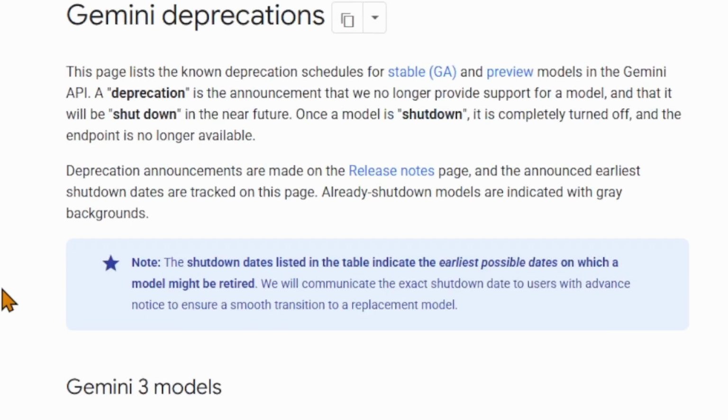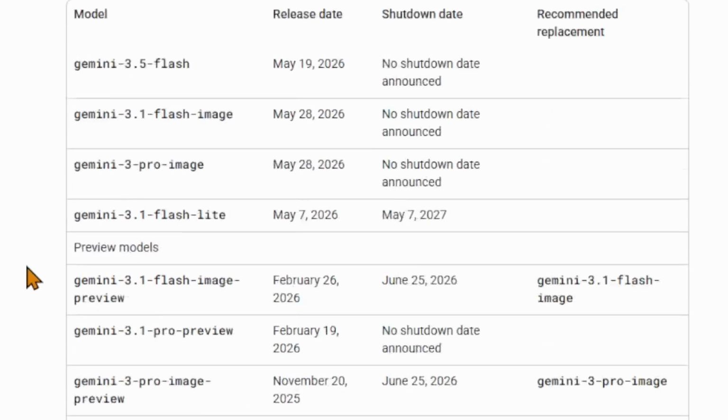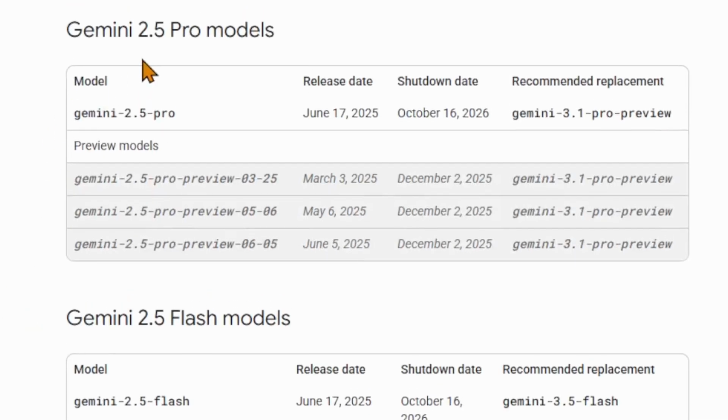So the first one is Gemini 2.5 Pro. And I get that they're already in 3 and 3.5, and 3.5 Pro is coming. But 2.5 Pro is still a very, very good model, and it does a lot of things really well. I know a lot of people still use 2.5 Pro, and it does the job just fine. But they are planning on shutting down 2.5 Pro on October 16th, and their recommended replacement is Gemini 3.1